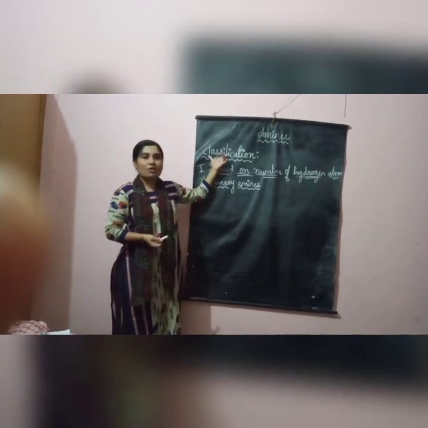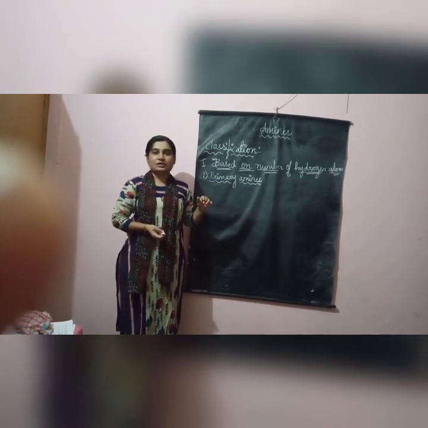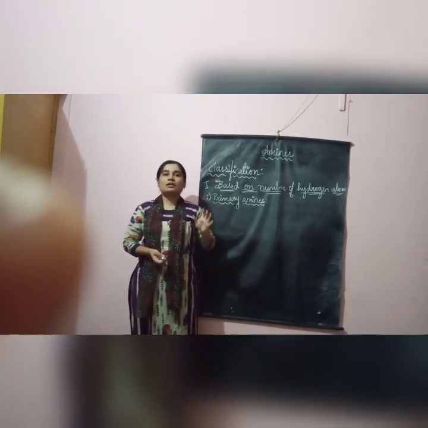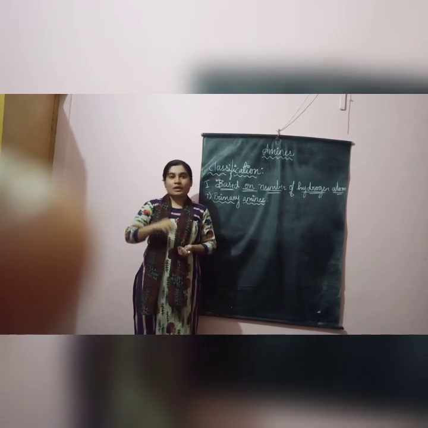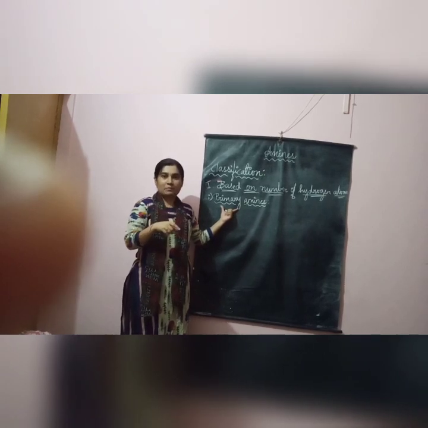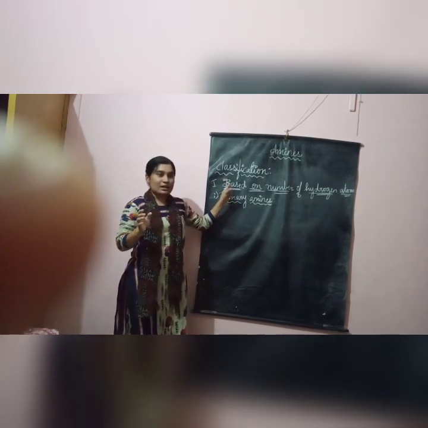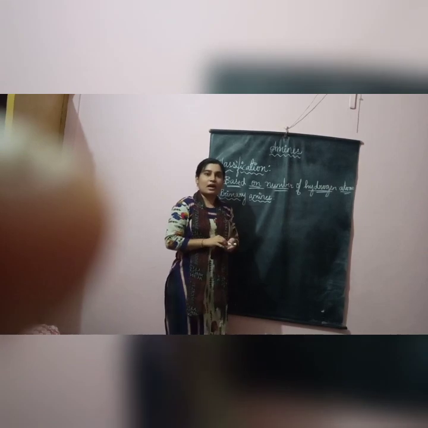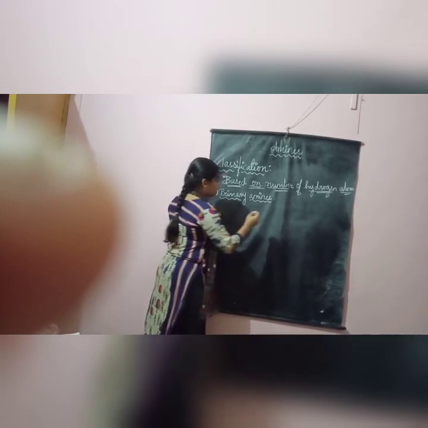Next, moving on to the next part of amines. The next part will be about classification. Amines will be classified in different ways. The first classification is based on the number of hydrogen atoms. In the amine, how many hydrogen atoms are replaced? Depending on that, I have three classifications. The first is primary amine, the next is secondary amine, and the third is tertiary amine. Very easy to understand. So the number of hydrogens we are going to replace is the basis of this classification. So let me start with the primary amine.